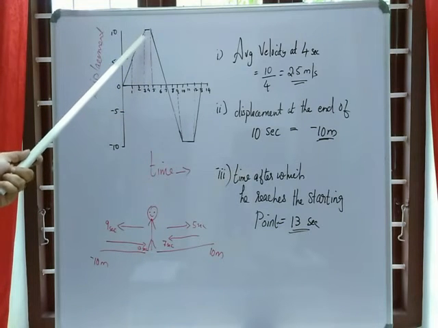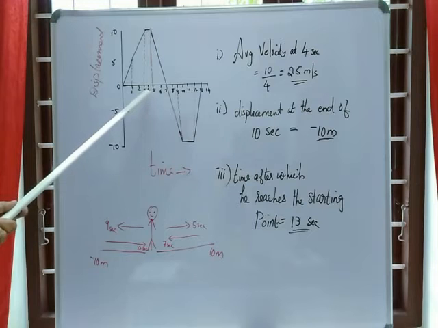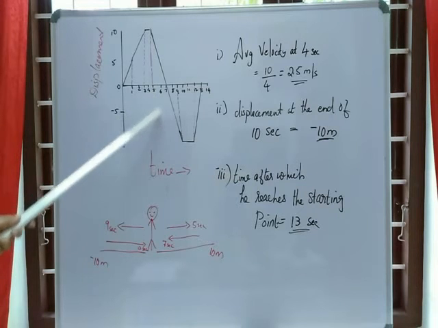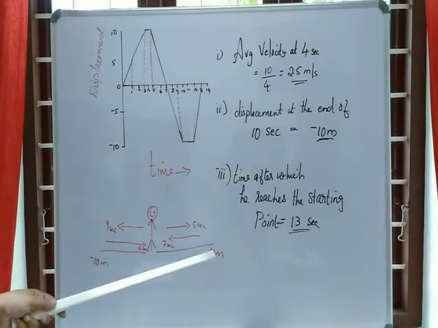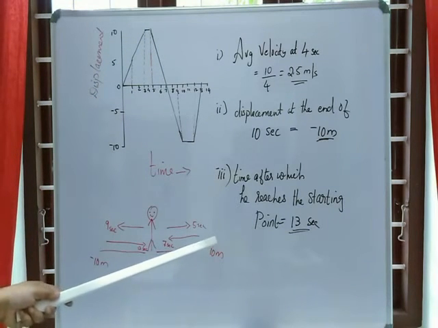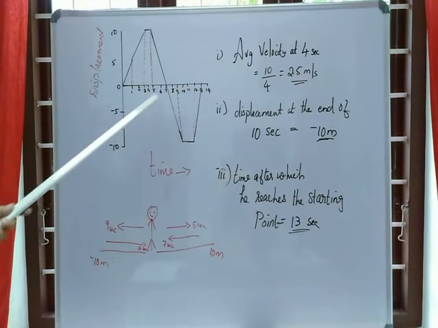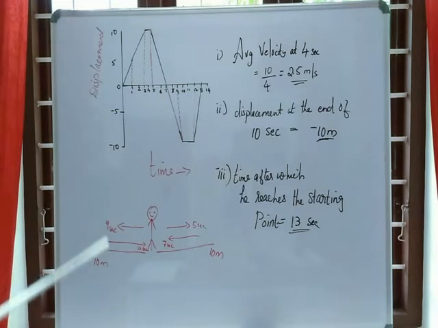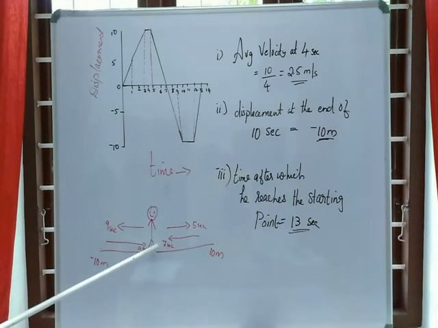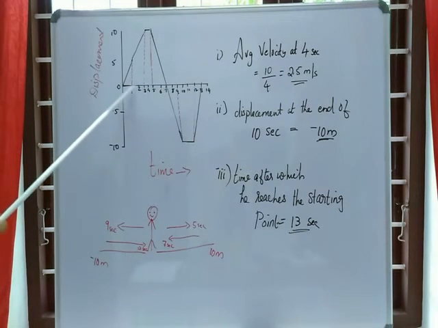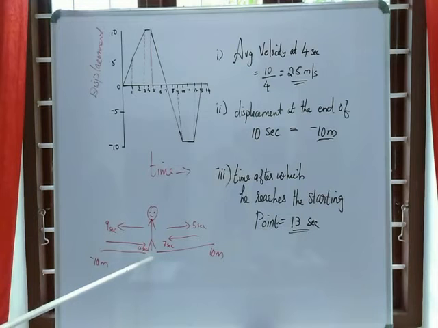After 3 seconds he reached 10 meter and he just stopped there. After reaching the 10th meter at the third second he is taking rest. He takes rest for 2 more seconds, so till the 5th second he is at the 10th meter. Now you can see a negative slope. That means after the 5th second he returned back to his initial position. From 10 meter he reaches 0 meter. That means he is returning to the original position. So at the 7th second, you can see the boy reaches 0. He comes to the original position.